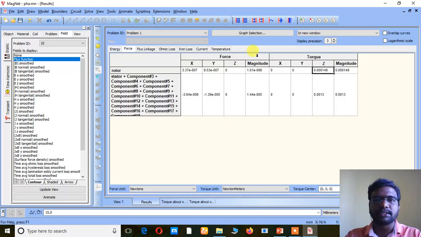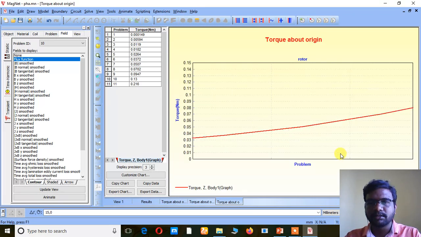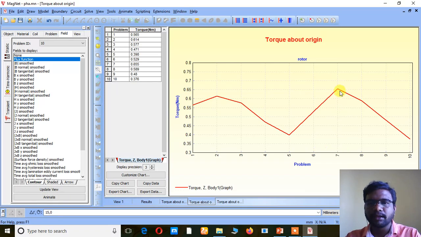Now I am going to see this result. At the 7th value, what is the torque here? See, at the 7th value, it is nearly 0.05, whereas previously it was 0.65. So as I told previously, if you go for a mutual coupled machine, the development of torque in the machine gets reduced. Right? So if you want to go for high torque, definitely you have to prefer a classical type of winding.